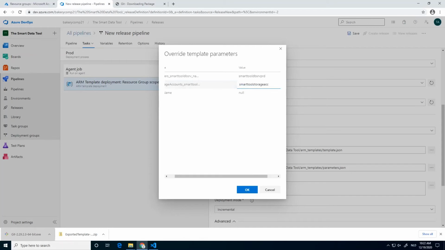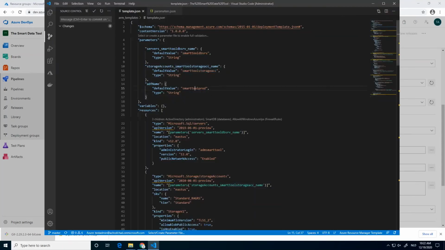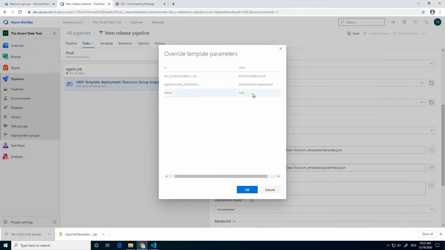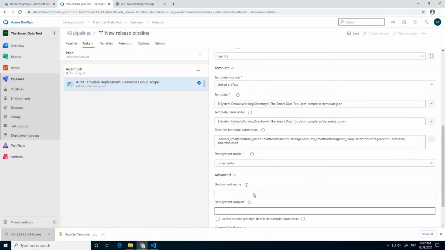This one also add prod in the end. This one was already great. Okay, well, this is the part